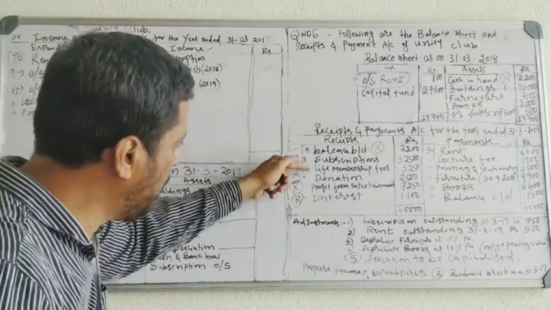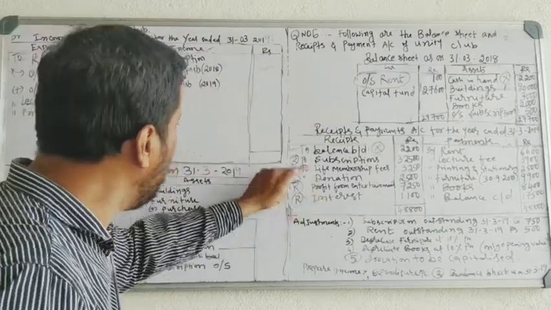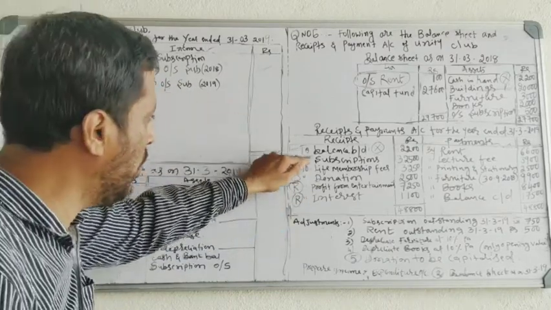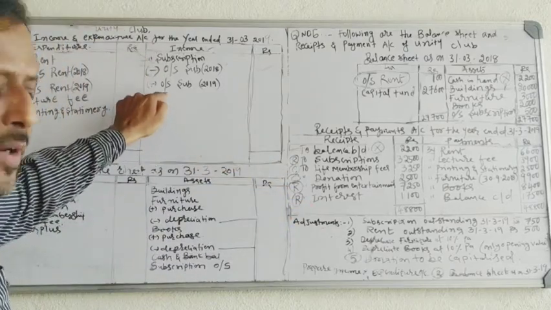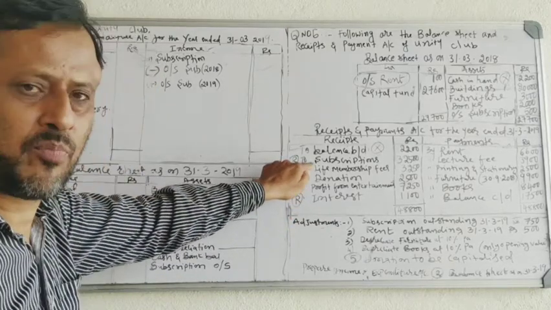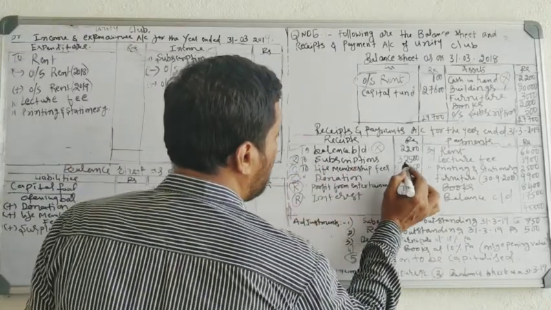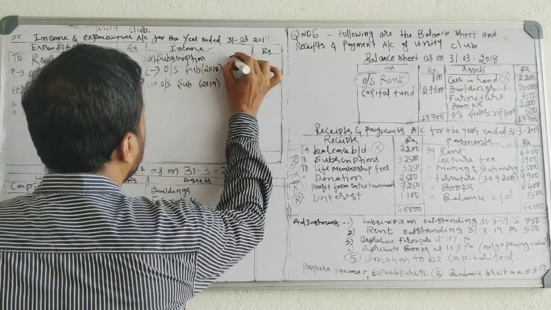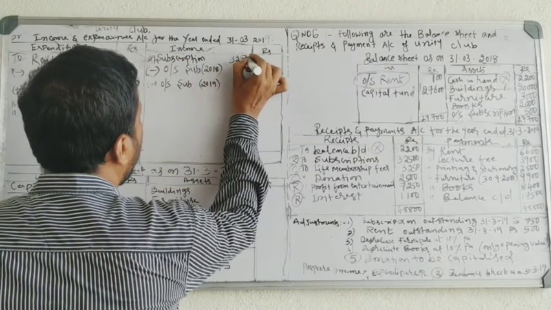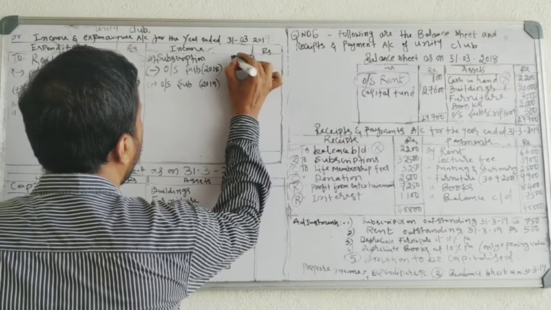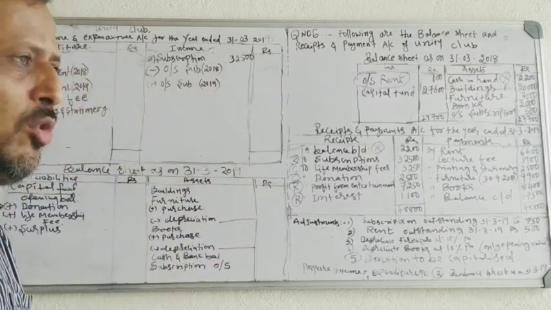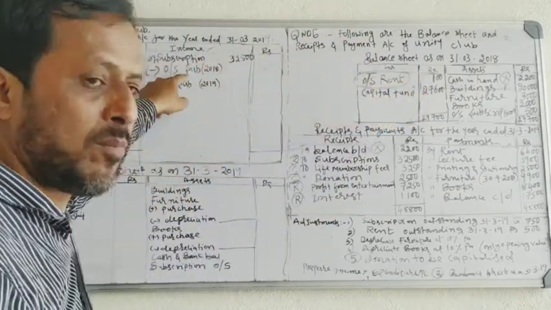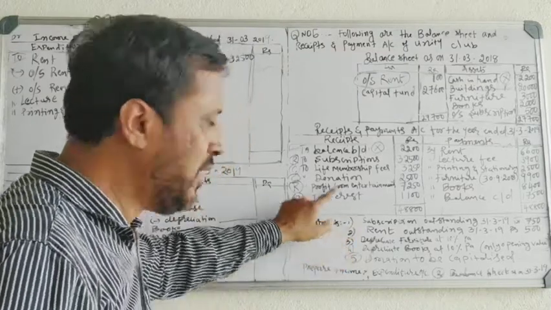Okay, so receipts. First we will take these receipts. Receipts means incomes. Okay, so you have to take only revenue receipts to income and expenditure account. See the first receipt, subscription. So to subscription 32,500. I will write here by subscription 32,500. What you have to do subscription? Last year outstanding given in the balance sheet you have to deduct. Current year outstanding given in the adjustment you have to add.